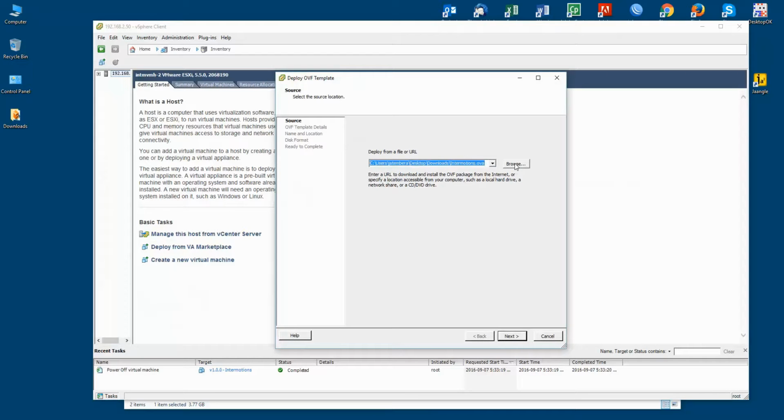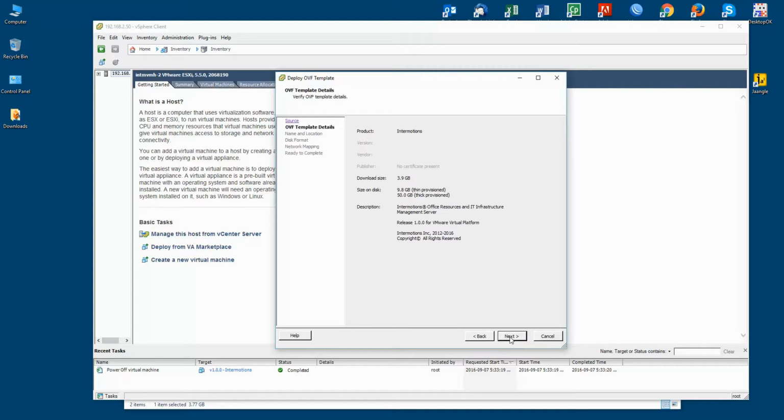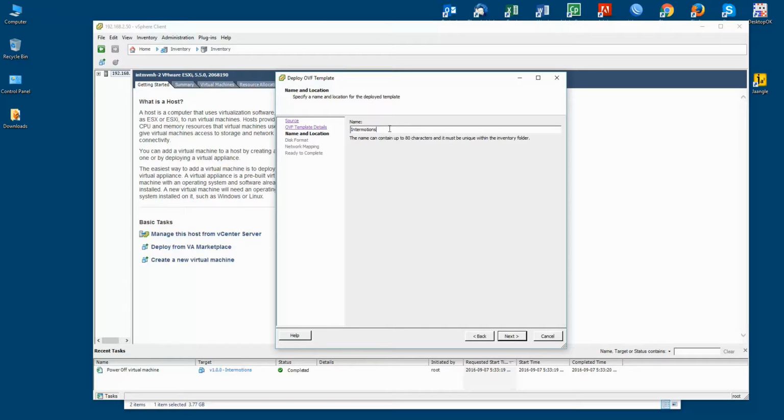and then browse to where you've unzipped the Intermotions OVA. Once you've done that, click on Next. Here we've got details about the OVA. Here you can choose to give it a different name. I will choose to put in